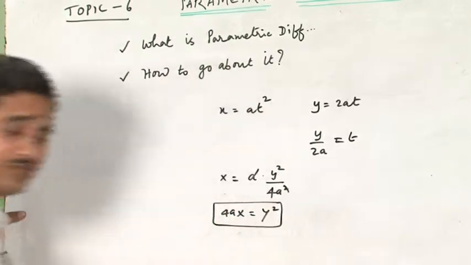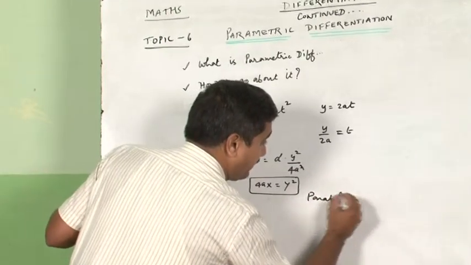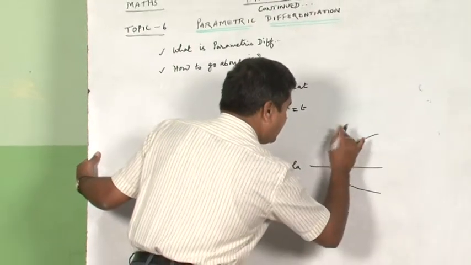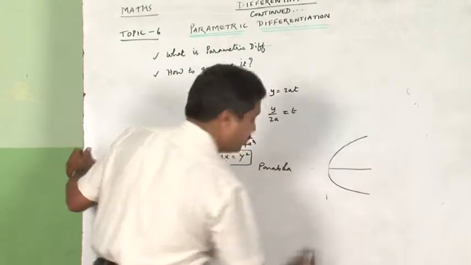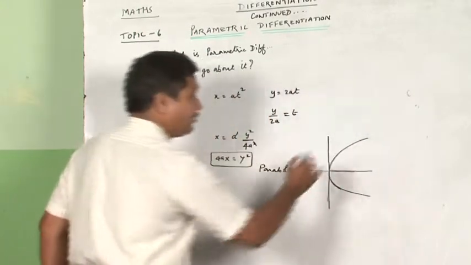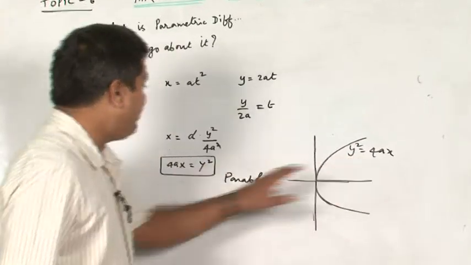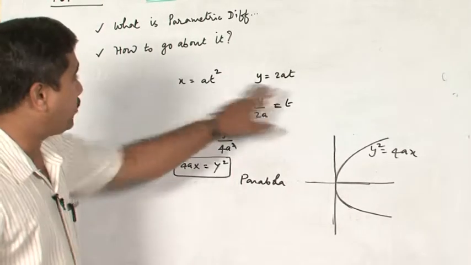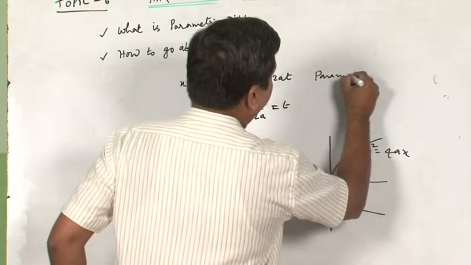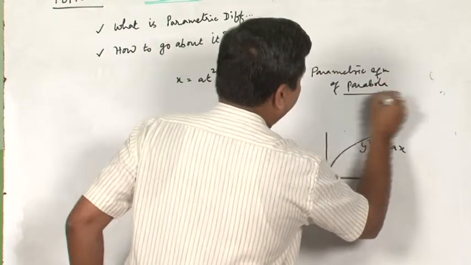Don't you think this is an equation which is quite familiar to you? This is a parabola. This is a parabolic equation which is symmetric to the x axis. It passes through the origin (0, 0). The axis of the parabola is along the x axis, and this is what a parabola y square is equal to 4ax. Interestingly, we have seen this, but we have never seen these particular equations, and therefore these two are called parametric equations of parabola. This is what you have to understand basically.